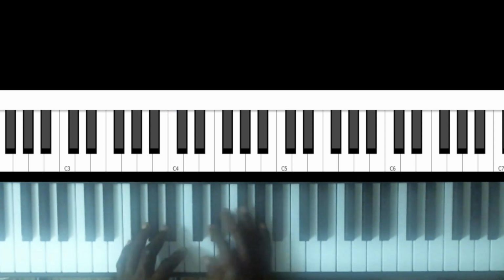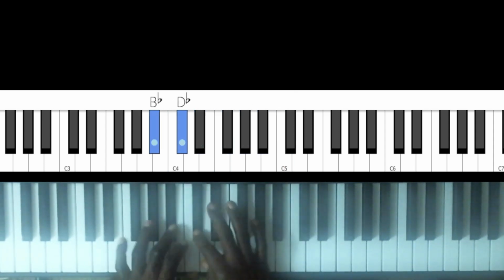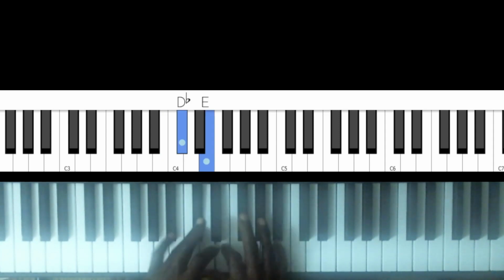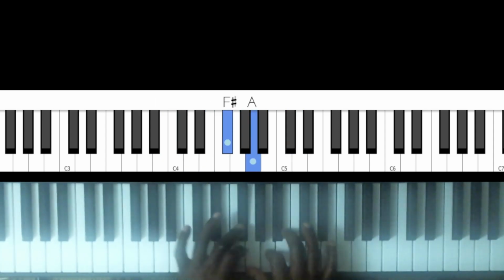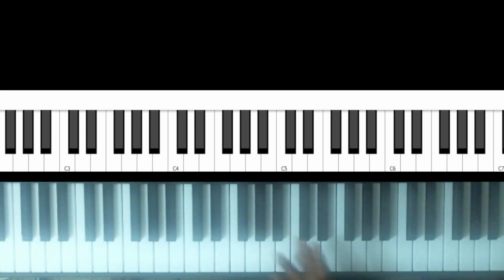Now you want to do that in all 12 keys. Do your minor thirds, and you can do it chromatically, you can do it in fourths, however you want to do it, but make sure to practice that in multiple keys. You may not have to do all 12 at once every day, but at least 2 or 3 keys a day. Because if you just practice in one key, it's going to limit your